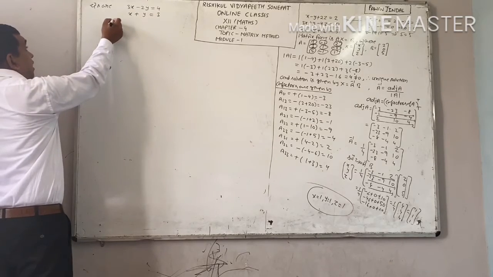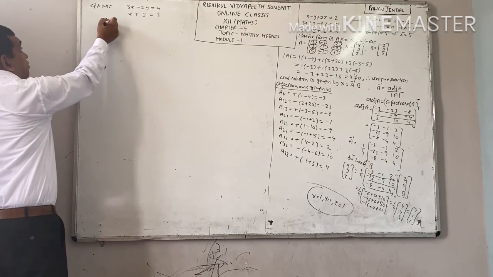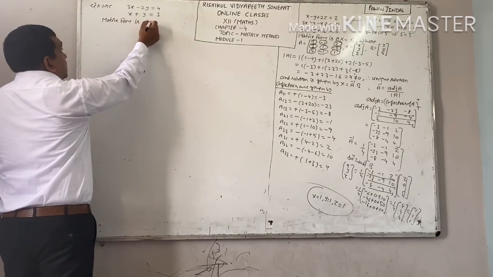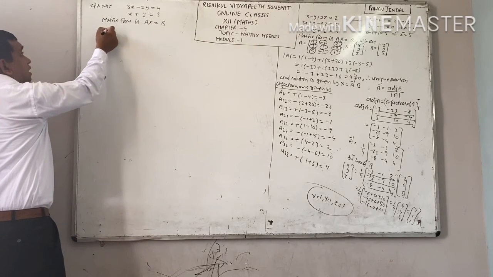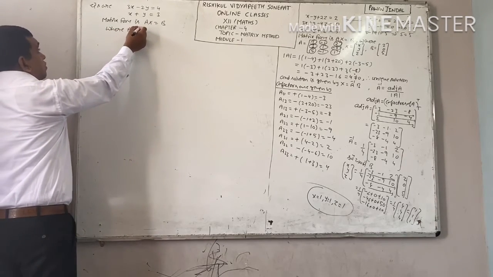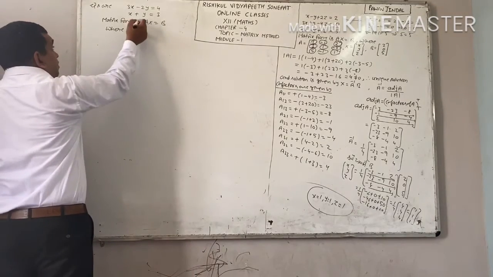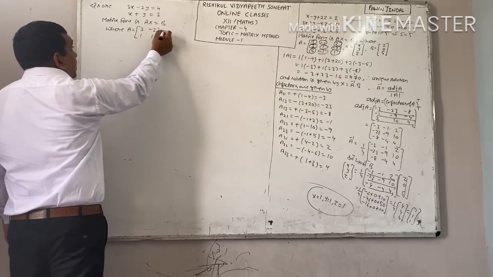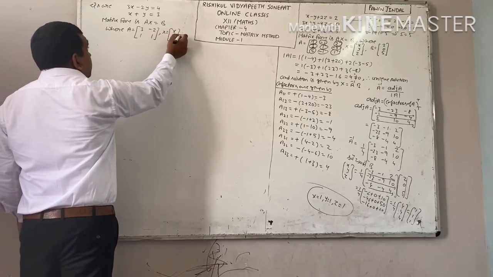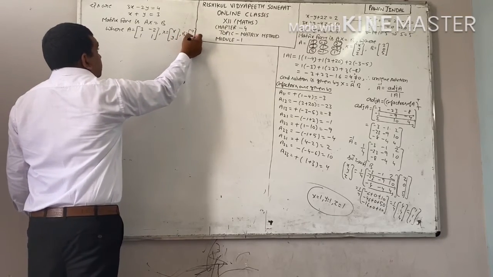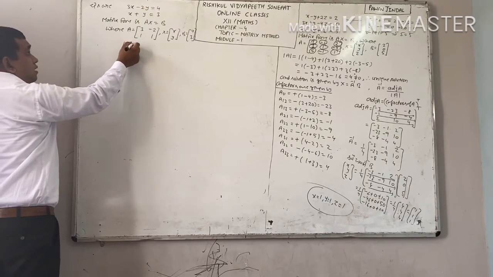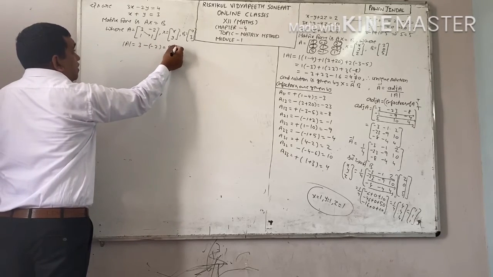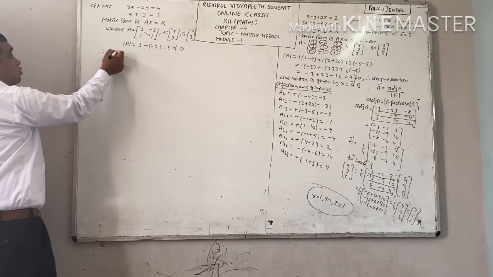First step you know very well. You will write down the equation in matrix form. Matrix form is Ax equal to B, where A equal to coefficient of x and y. Coefficients are from first equation 3, minus 2, from second equation 1, 1. X equal to variables x, y, and B equal to constant terms on right hand side, 4 and 3. Now you will find out determinant of A. This is your 3 minus minus 2, 3 plus 2, 5 not equal to 0. Therefore you will say unique solution.